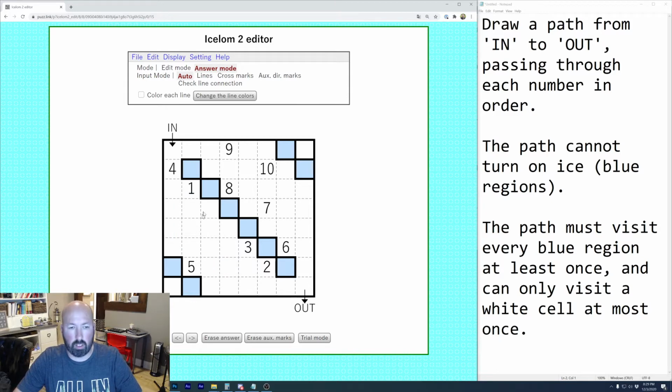So you have to visit every blue region. The path cannot cross in the white. That's not allowed. But the path can cross in the blue. Sounds complicated. Trust me, you can figure it out. All right, so how do you go about solving one of these puzzles? They seem a little bit impossible at first sometimes, so just stick with it. See what little deductions you can make, a little bit here, a little bit there, and eventually it'll build up